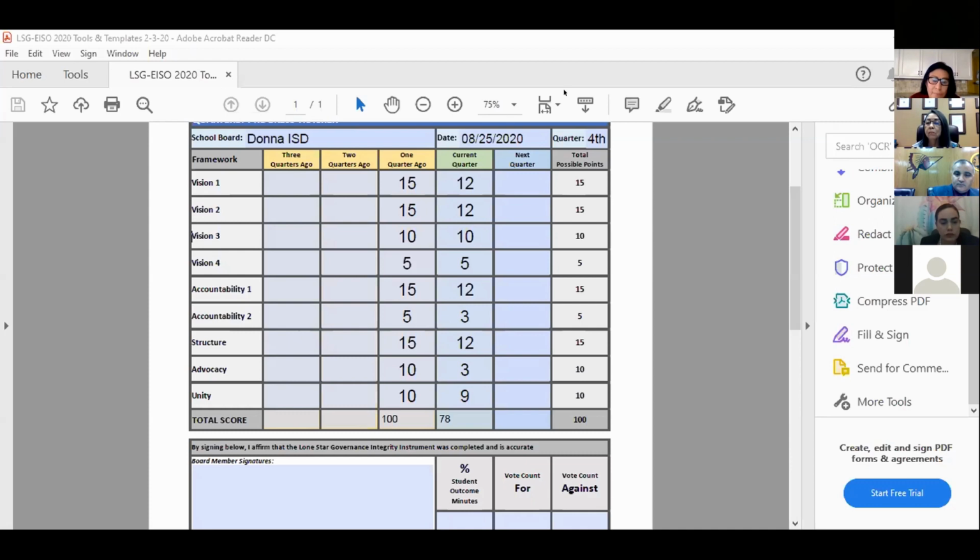And I guess that's where I have a little bit of a problem with the variation of the instrument that we're using. I don't think it's very well written. I think it could be executed much better, much easier to interpret, and much easier to follow, because it doesn't lend itself to choosing one particular variation. It changes from one subject to another subject. So I have concerns with the current instrument to begin with. I will be happy to share those concerns with the director of Lone Star Governance at TEA.